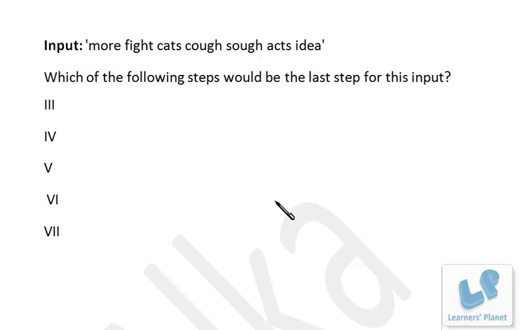Now this is the input and we have to find out which is the last step for this input. So M, F, C, C, O, C, A, C, O, S, A and I, right? 2 C's are there, so just take 2 words, 2 letters I mean. Now cough, fight and saw, all these 3 words are having 5 letters. So if we arrange them in dictionary order, C-O-U-G-H will come first. So C-O, then M, F, C-A,